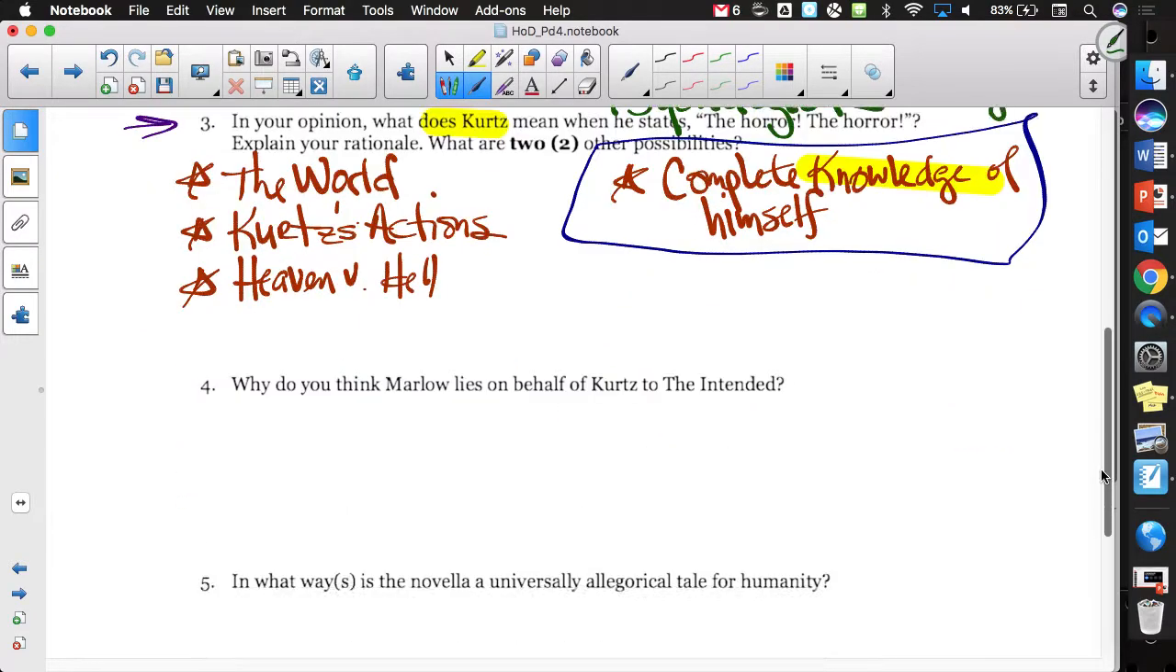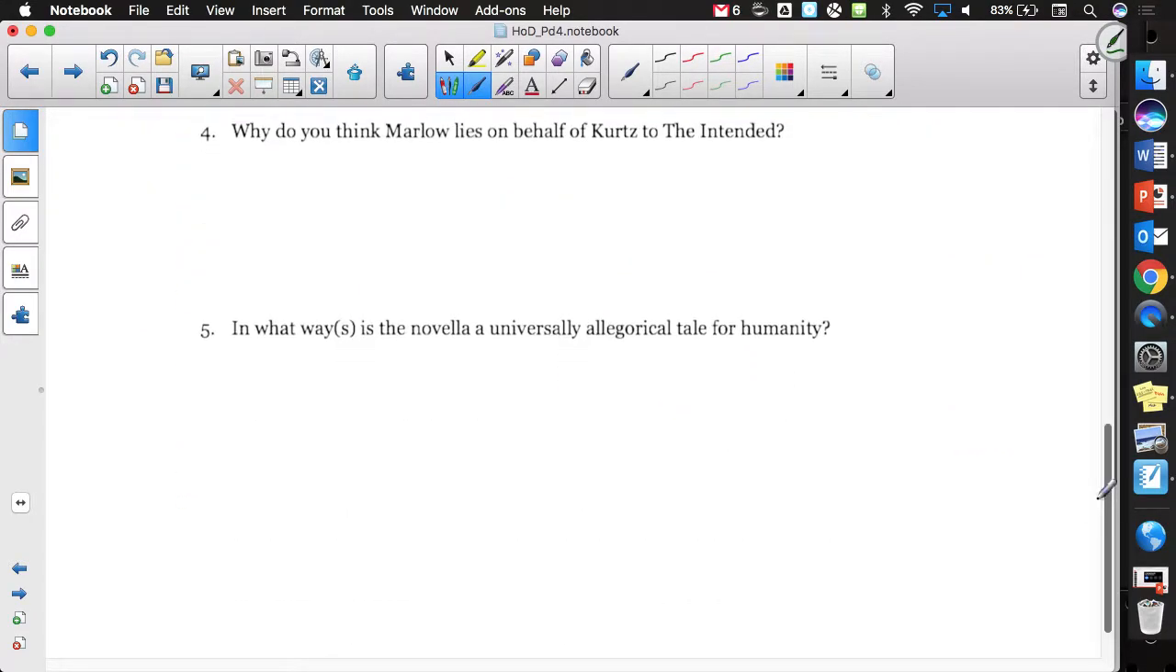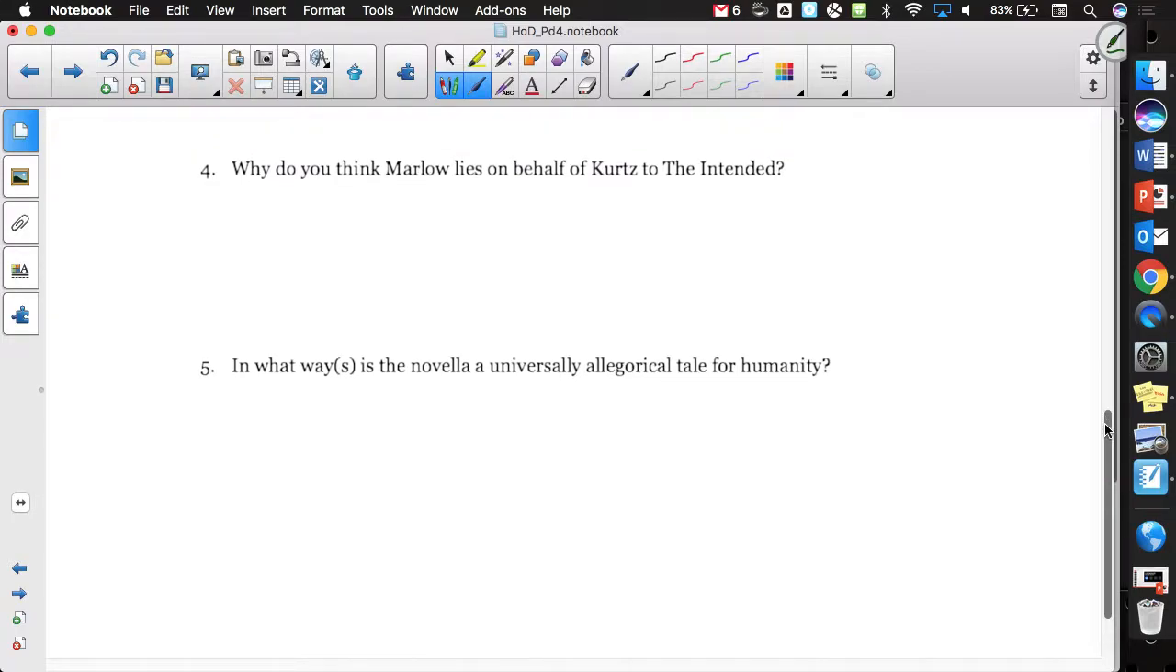And I think you could think about this when it comes to in what ways the novella is universally an allegorical tale for humanity. We were saying before, when we're coming up with different reasons for Heart of Darkness, what could it mean? It could mean the heart of Kurtz. It would seem that if you look at Kurtz, who has come to this full end journey, it's not Kurtz's heart that is full of darkness. It's probably